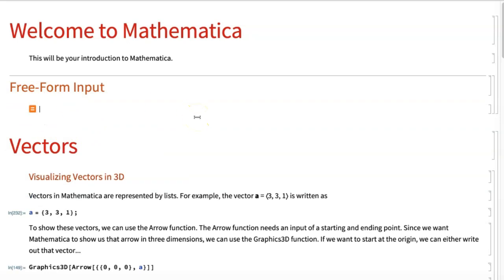Now Freeform Input is nice because you can perform calculations without actually knowing the Mathematica code. So let's say, for example, that I want to integrate something. Let's say I want to integrate the cosine of 2x. When I press Enter,